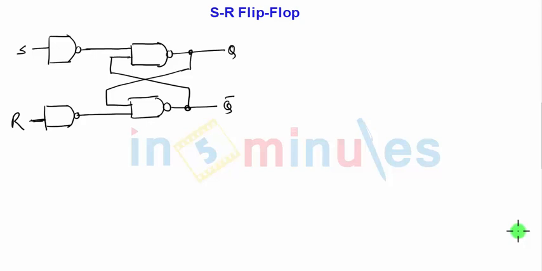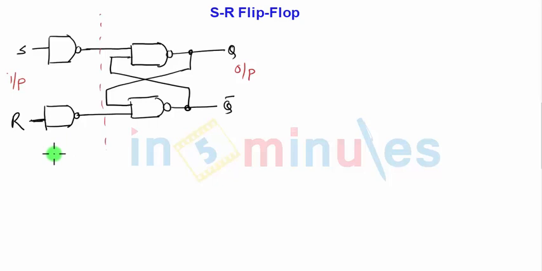Our topic is SR flip-flop. In the last session we have seen the 1-bit memory cell in the introduction of flip-flop. In the 1-bit memory cell, this was a circuit, right hand side of the line drawn. So input provision was not there. We were looking from the output side. Now we'll look from the input side. So when input is applied, how the value is stored in the position Q and Q bar.